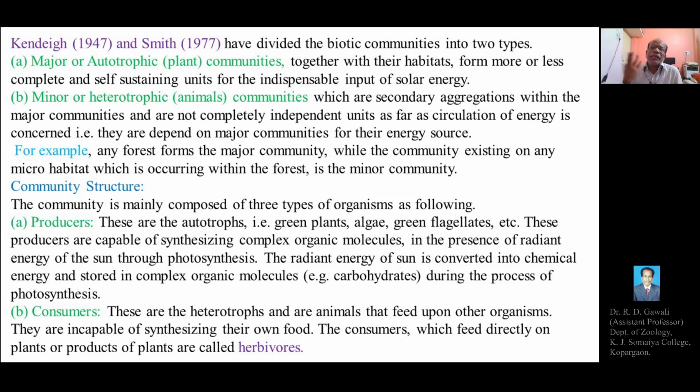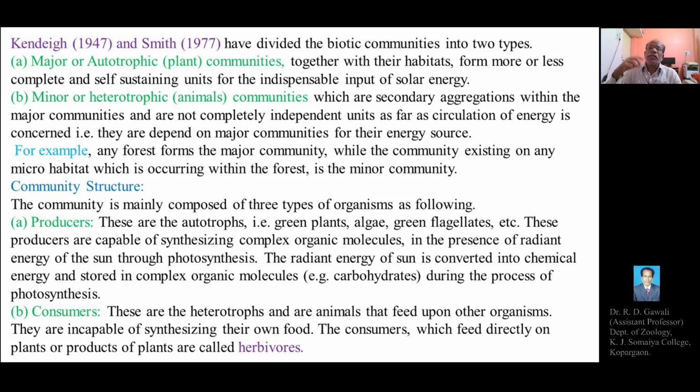So producers, these are the autotrophs or the plants. Producers are the autotrophs, that is green plants, algae, green flagellates, etc. And these producers are capable of synthesizing complex organic molecules in presence of radiant energy of the sun through the process of photosynthesis. So, the producers are the autotrophs or the green plants, which are performing the process of photosynthesis in presence of carbon dioxide and the sunlight, or in presence of chlorophyll,